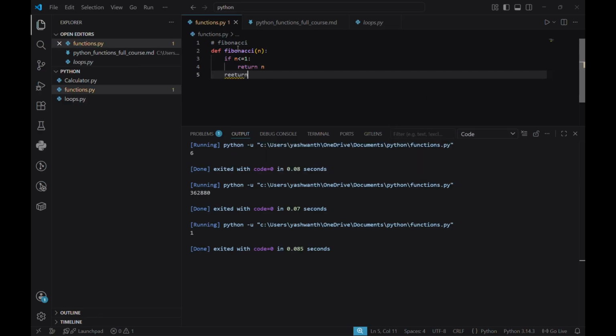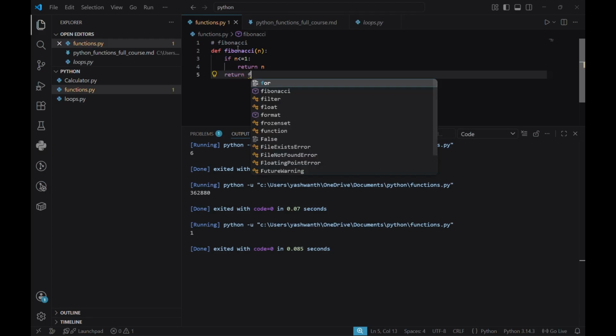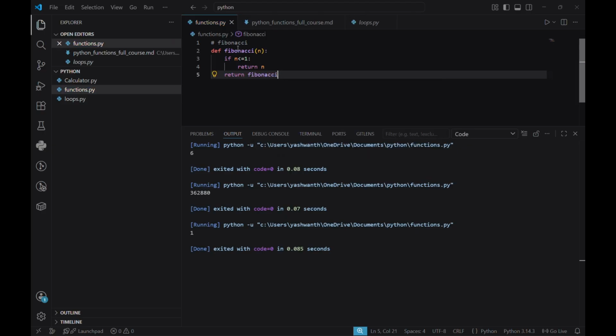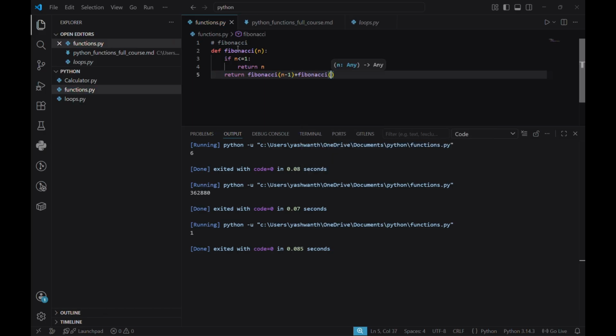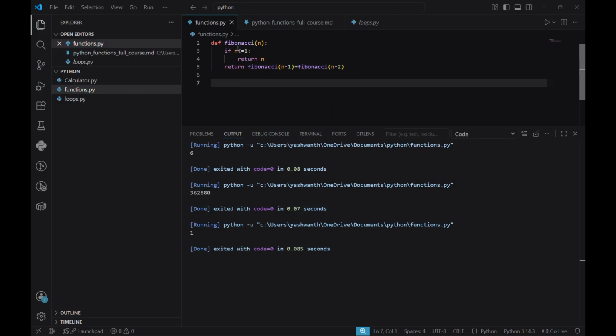Or it will return Fibonacci of n minus 1 plus Fibonacci of n minus 2, and let's call the function